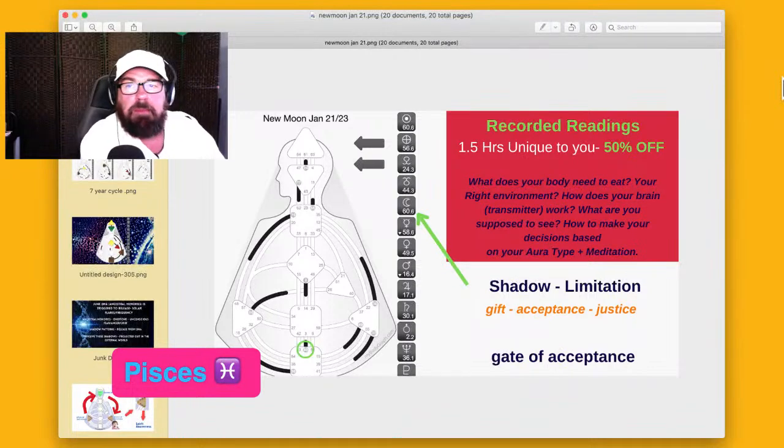Well, there can be some limitation, the shadow of limitation. So you want to go back to the beginning to learn more about this shadow in this new moon. And Pluto and the sun in there, right? Pluto, the sun, and the moon in there is going to show you some truth about your friends, or the kind of friend you are.